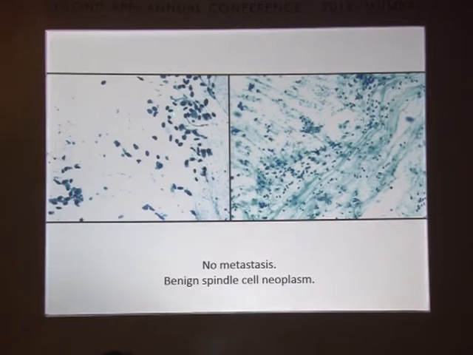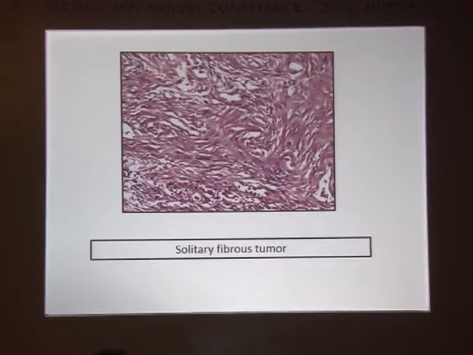So we called it a benign spindle cell neoplasm because I thought these were benign. Though the nuclei are hyperchromatic, all of us know that hyperchromatism is not synonymous with malignancy. The nuclei look bland, and this was the histology. It turned out to be a big solitary fibrous tumor, pleural based, growing within the lung parenchyma. And there was so much relief on the part of the patient as well as the clinicians, as to how within 1 year you could have got lung metastasis. The breast primary was IDC grade 3 with ER, PR and CerbB2 positive.